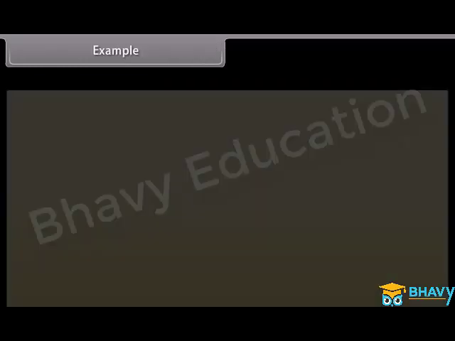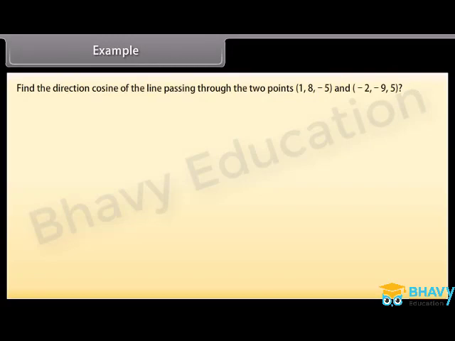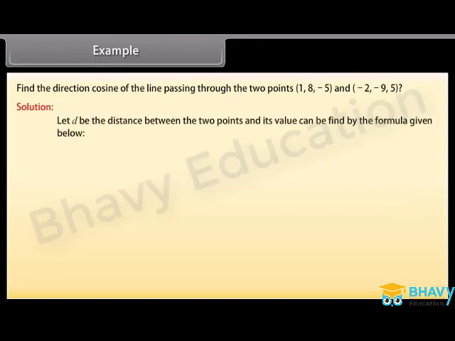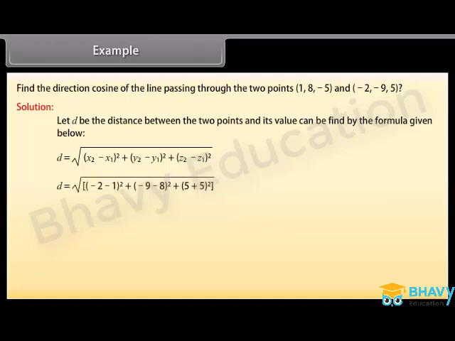Example. Find the direction cosine of the line passing through the 2 points 1, 8, minus 5 and minus 2, minus 9, 5. Solution. Let d be the distance between the 2 points and its value can be found by the formula given below. d equals the square root of x2 minus x1 square plus y2 minus y1 square plus z2 minus z1 square. d equals square root of minus 2 minus 1 square plus minus 9 minus 8 square plus 5 plus